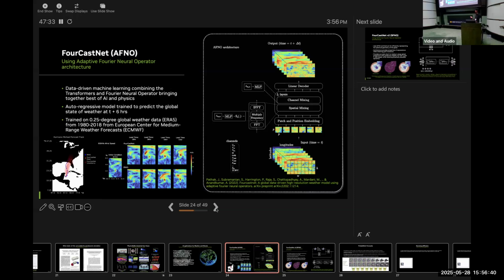Here we are showing some of the results. Once the model was trained, it could predict to a good time horizon, about 48 hours to 72 hours, some of these key atmospheric phenomena, like the hurricane tracks and formation of some of these typhoons and hurricanes, which are important from an energy perspective, from a safety perspective. So it does a fairly good job in terms of predicting the weather in future states.